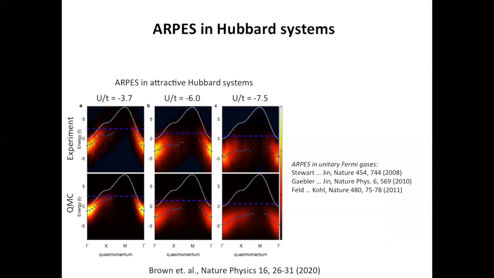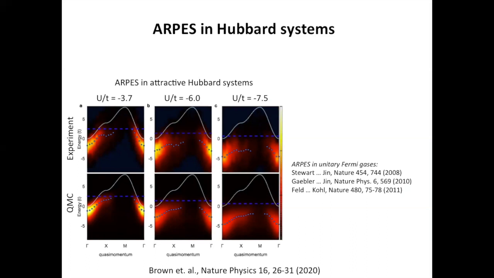And so one tool we've developed over the last year is angle-resolved photoemission spectroscopy in lattice systems. I won't have time to talk about that, but I'll just flash a slide on it. Tom Devereaux will probably mention some work on that because he was a collaborator on the theory side. So here we actually studied the attractive Hubbard model, which does not have a fermion sign problem. So we benchmark our ARPES technique on the attractive Hubbard model because we can compare to very accurate